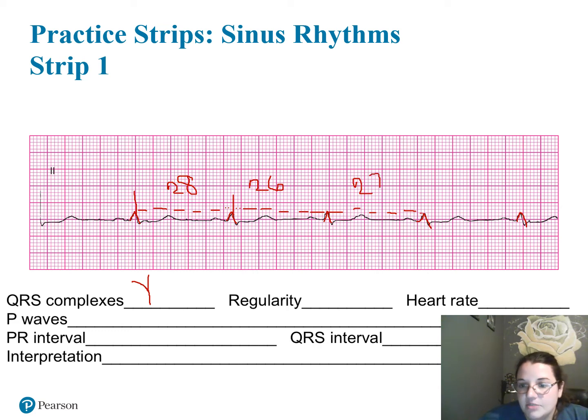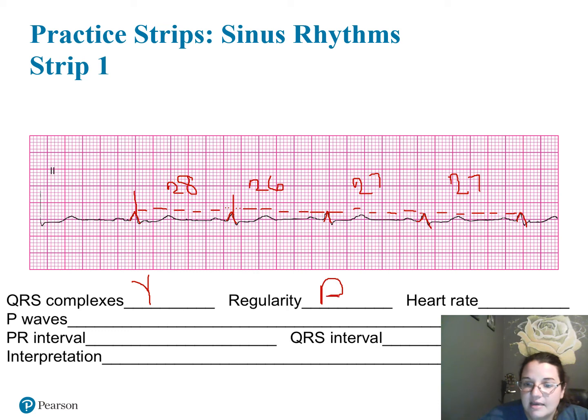I'm going to skip these 3 boxes and count them at the end. 5, 10, 15, 20, 24, 25, 26, 27. So my boxes are only 1 and 2 boxes apart: 28, 26, 27, 27, which means